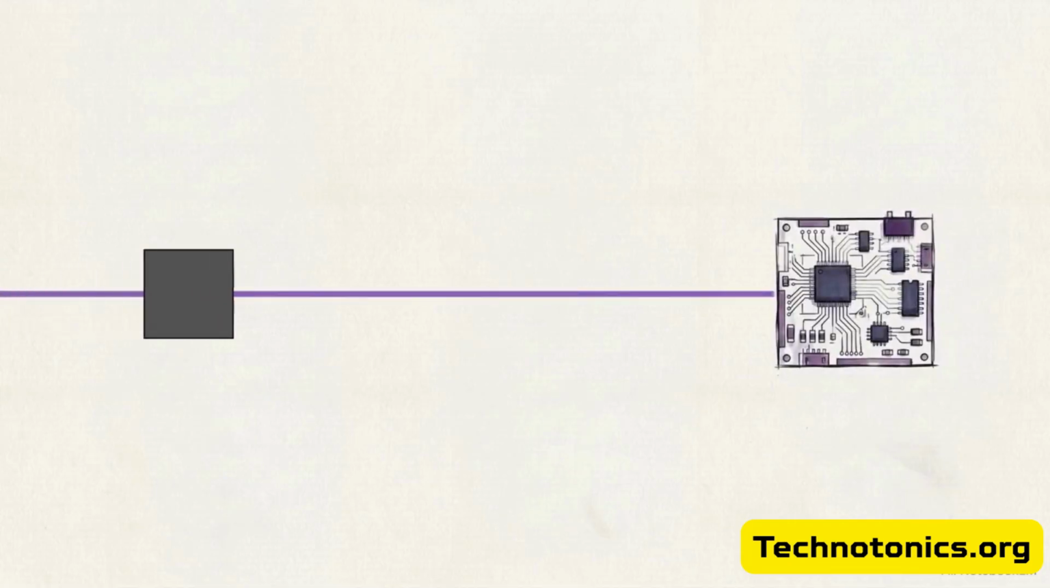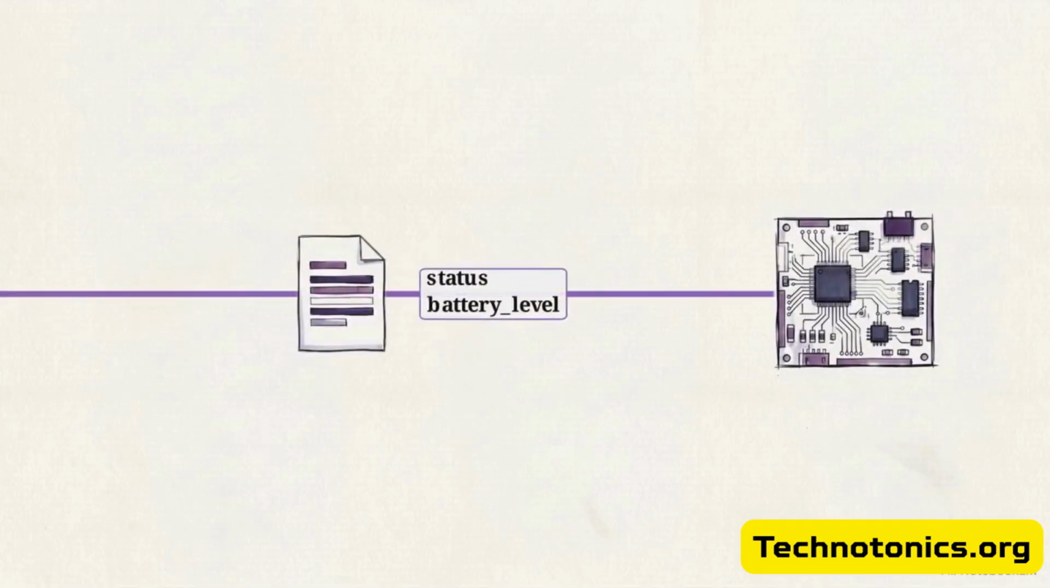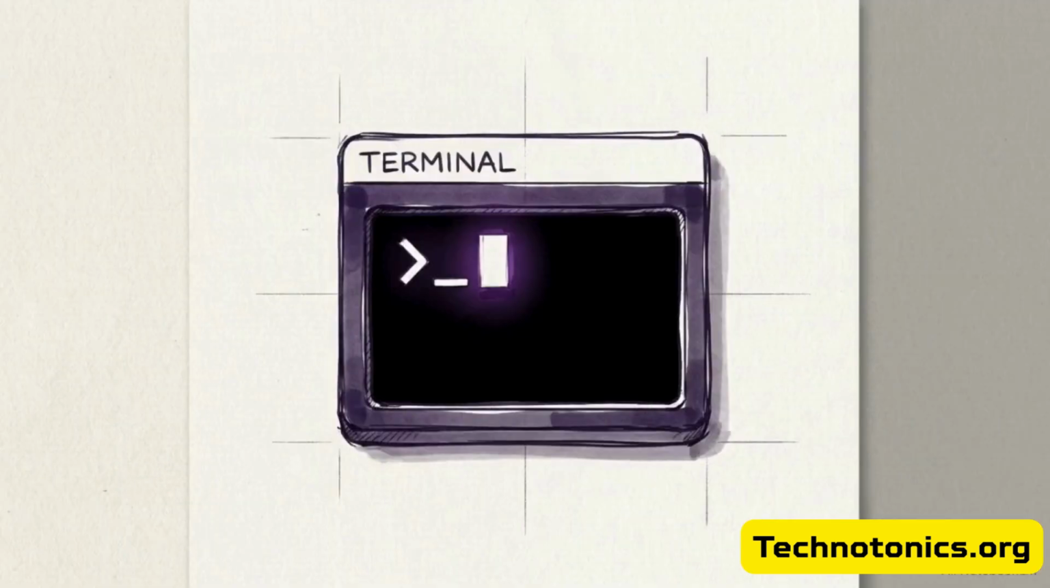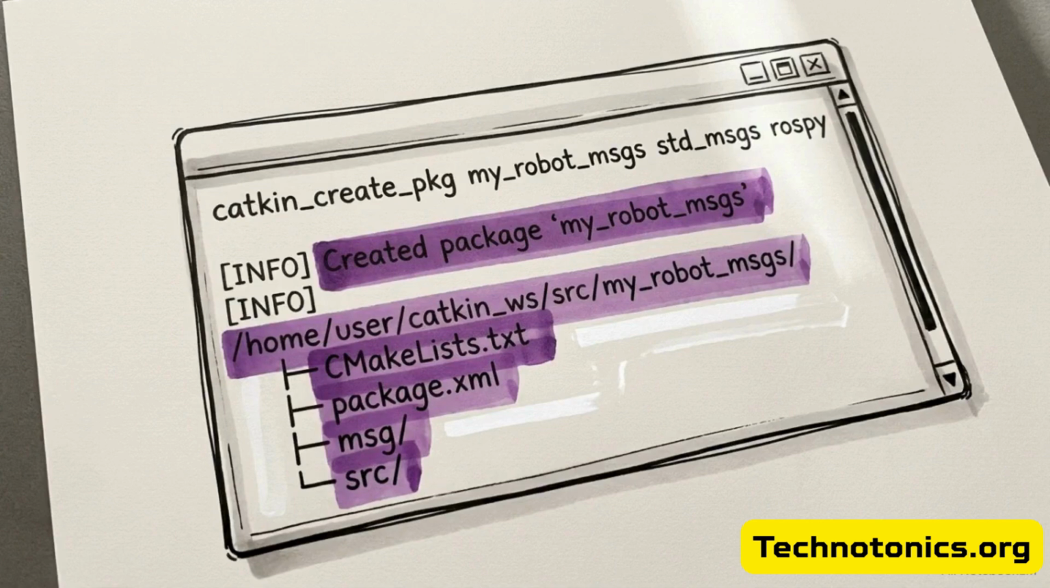Moving beyond default message types allows you to tailor your data pipelines directly to your hardware. You design the exact communication structure your robot needs to operate efficiently. This terminal mockup shows the exact command needed to create our new package. By typing catkin_create_pkg my_robot_messages std_msgs rospy, we establish a new directory that pulls in standard message types